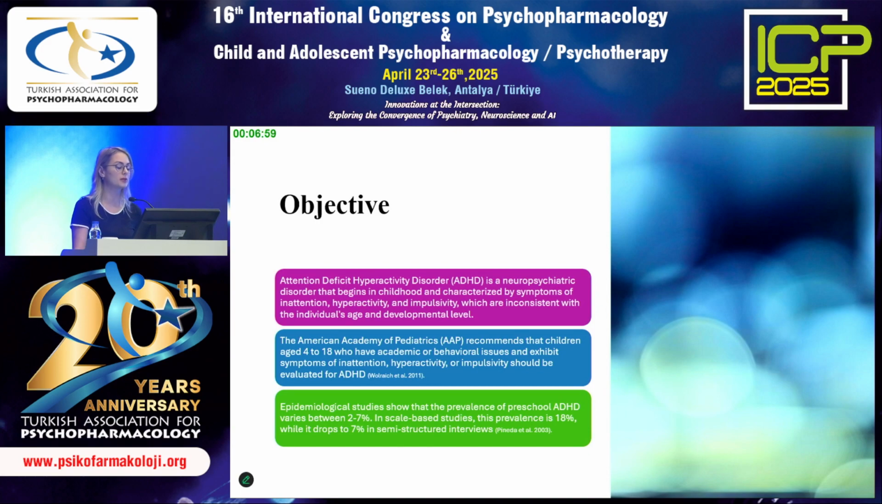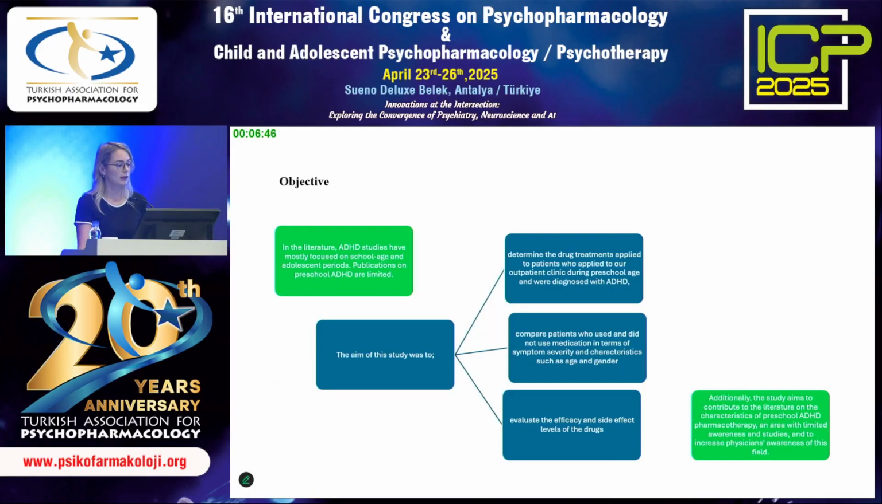Epidemiological studies show that the prevalence of preschool ADHD varies between 2 and 7%. In scale-based studies, this prevalence is 18%, while it drops to 7%. In the literature, ADHD studies have mostly focused on school age and adolescent periods. The publications on preschool ADHD are limited, and the aim of our study was to determine the drug treatments applied to